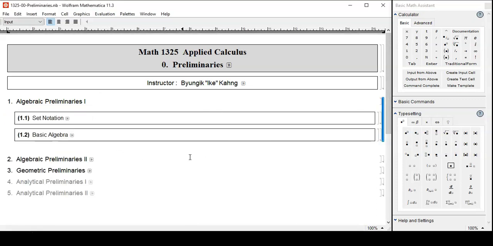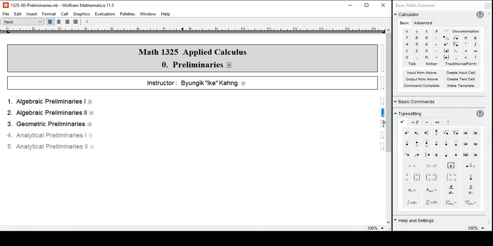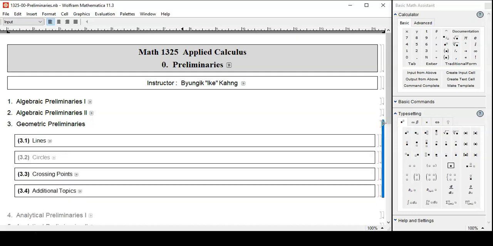Section 1, they're mainly about selected topics from pre-algebra and basic algebra. Section 2, selected topics from intermediate algebra and advanced algebra. Advanced algebra, I mean by either college algebra or business algebra or algebra for teachers or STEM algebra, whatever algebra in college level. Now for geometric preliminaries, lines were essential and we went through many times in various courses, including